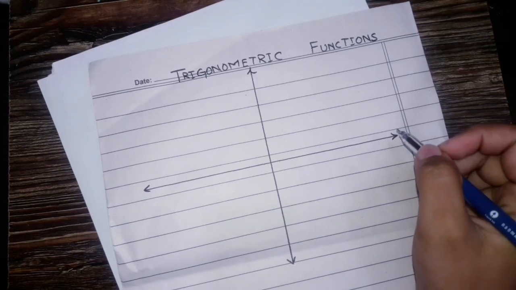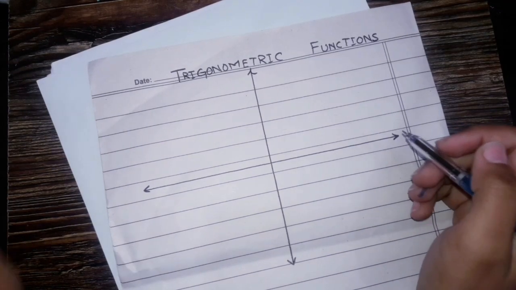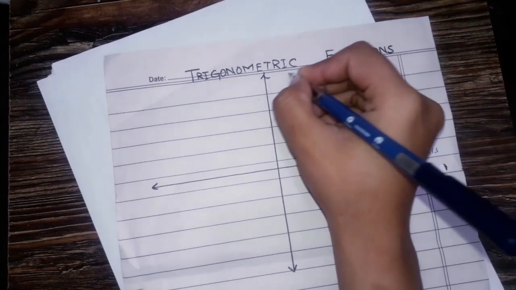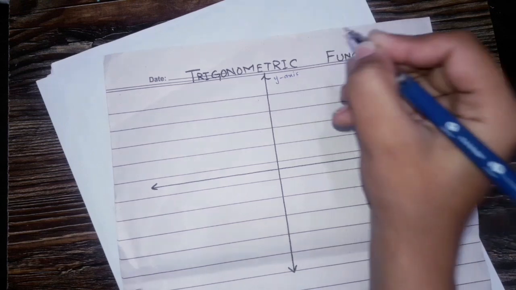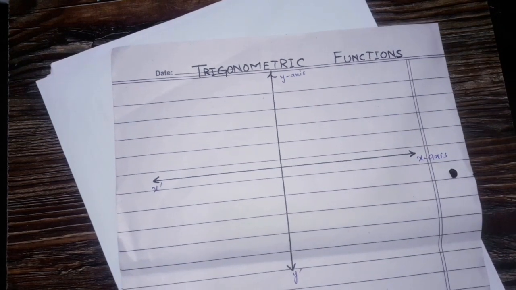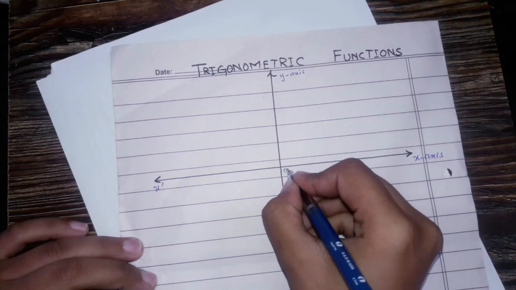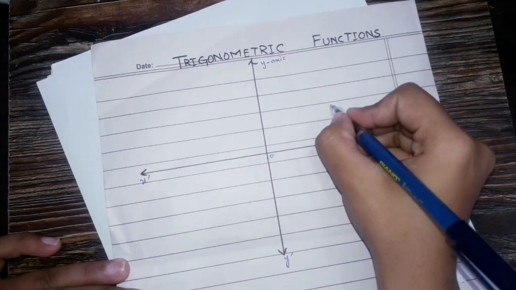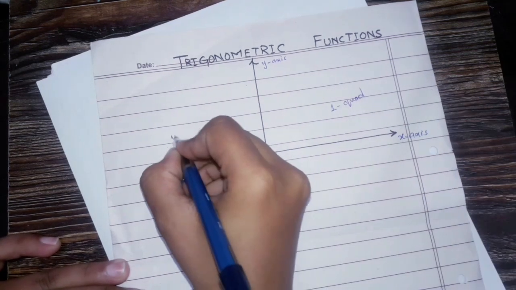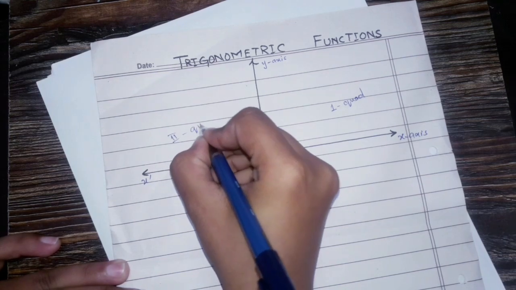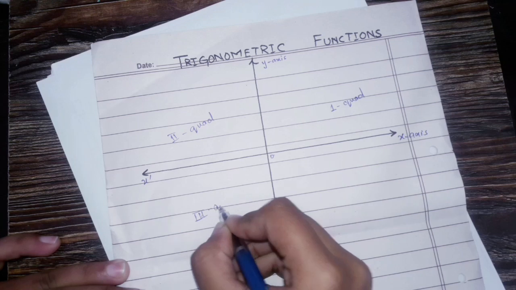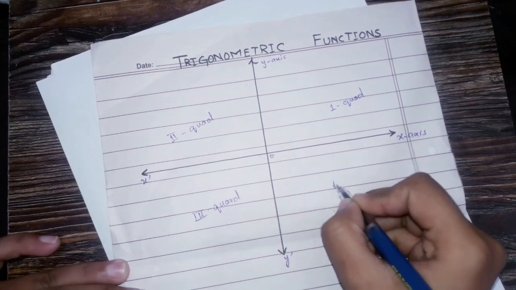Our today's topic is trigonometric functions. This is the Cartesian plane and this is the x-axis. This is called the y-axis. This is the negative x-axis and this is the negative y-axis. This is the origin. This is the first quadrant, this is the second quadrant, this is the third, and this is the fourth